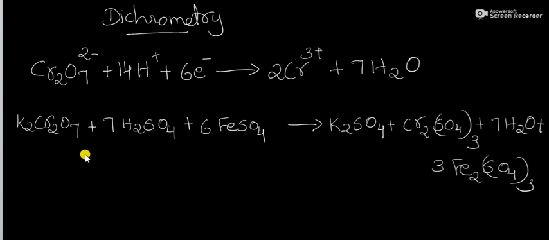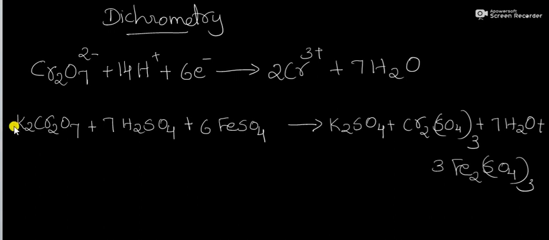Then it is impossible to determine the end point of a dichromate titration by simple visual detection, as in permanganometry. In the case of permanganometry, potassium permanganate is a self-indicating indicator. Whereas in the case of potassium dichromate, to determine the end point in titrations, we can use two different types of indicators.